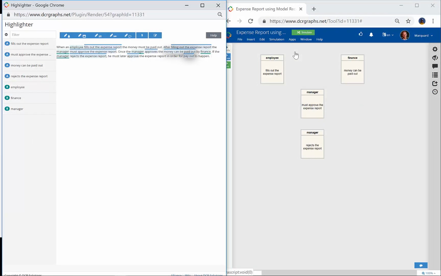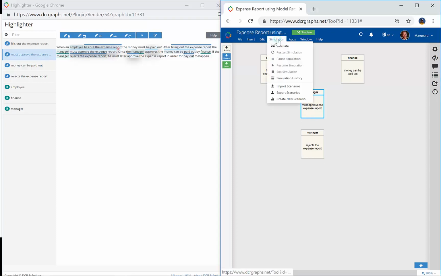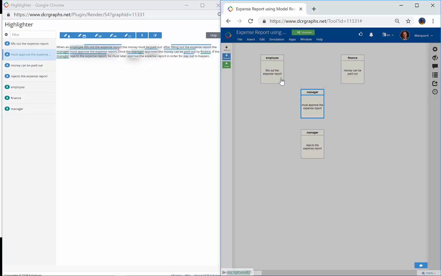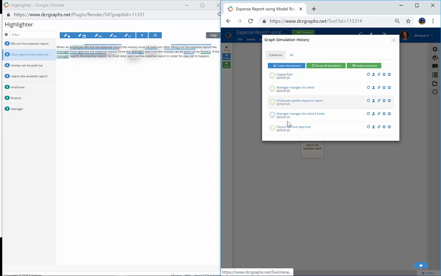Using the Highlighter app demonstrated before, we have highlighted roles in the text as well as activities. As we've seen before, when we click the activity, it is marked here in the DCR designer on the right. We've also defined a set of scenarios found in the simulation history. We've defined 5 scenarios. The scenarios are